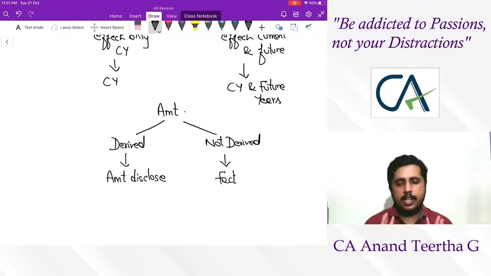So first, there are estimates which keep on changing depending upon the circumstances, methodologies, business, etc. Whenever changes are made, it should be made in the original place, and it's a common thing which is going to happen. Later, whenever there is a change, if it is significant, disclose it, and the disclosure requirement comes into effect. So this is about accounting estimate requirement, the fourth classification when it comes to AS5.